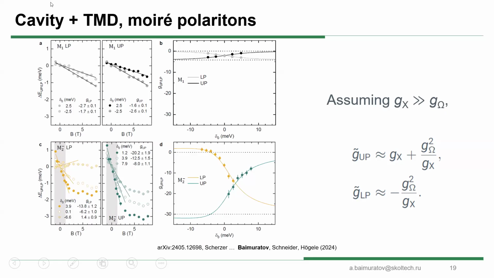And this is the experiment. You see, first for our M1 without any electrons, everything is symmetric. And if you go to this electron lattice plus exciton for M2 minus, we first observe asymmetry for detuning, and we even measured these positive G factors for our system. It's one more effect that you can introduce to this cavity plus Moiré polaritons.